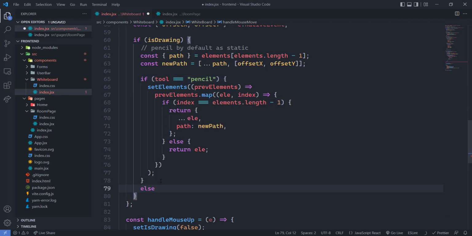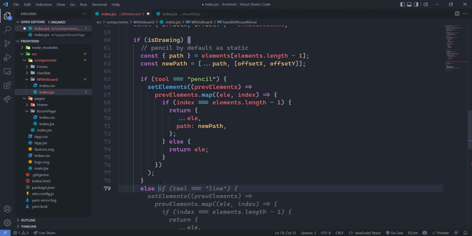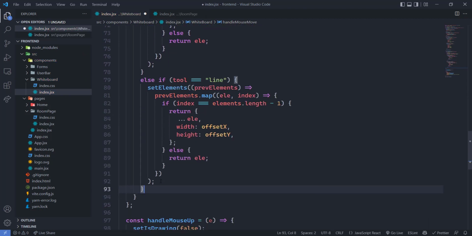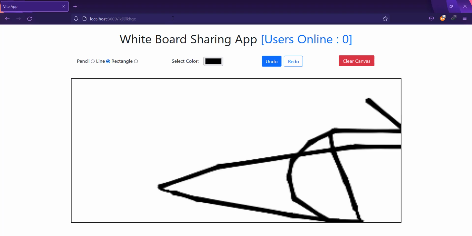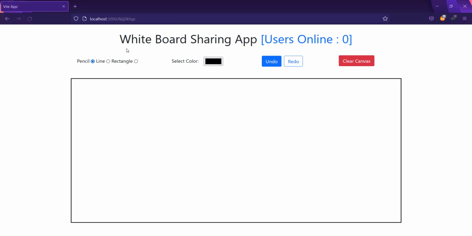So else will be if tool is equals to line. Here we are going to set elements. So if elements dot length minus 1, and here we have to set the offset x and offset y. So every time this will be changed, width and height will be changed, but the other things in the elements will be the same here. Just save this, and now we can see the changes here. So I'm going to refresh this, and let's select the line, and here you can